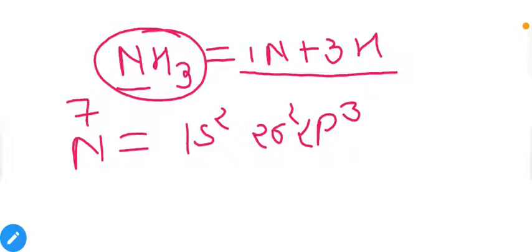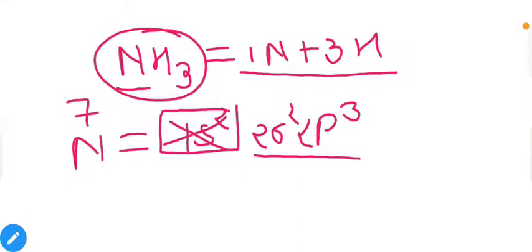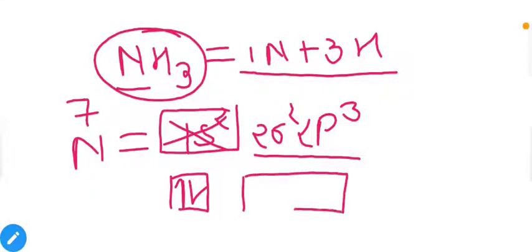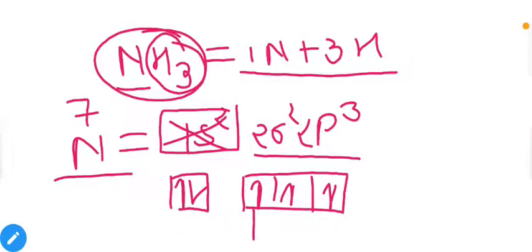Total 7 electrons. Now inner orbitals do not participate in hybridization, so no need to concentrate on the 1s orbital, we have to concentrate on the second principal quantum number, that means 2s and 2p. So we have 2 electrons in the 2s orbital and 3 single electrons in 2p orbitals. Now 3 hydrogens will be attached with nitrogen, so 3 hydrogens will form a single bond with single electrons of nitrogen, and hydrogen will provide its 1 electron and pairing will complete, and as we can see the octet of nitrogen is complete.